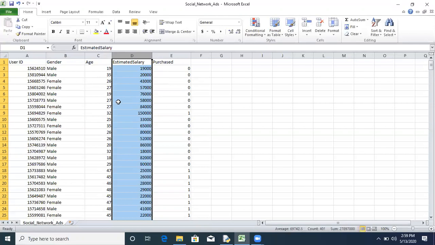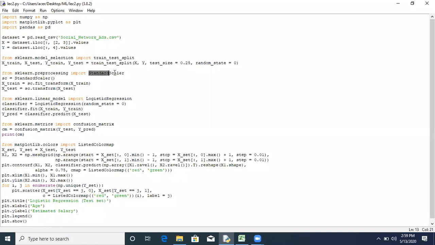So that's why we are using the StandardScaler class from sklearn.preprocessing. Then to access the elements of this class StandardScaler, we are using one object, SC. Again, this is a part of object oriented programming as discussed in the previous lecture. So to access the elements of StandardScaler, we are using the variable SC.